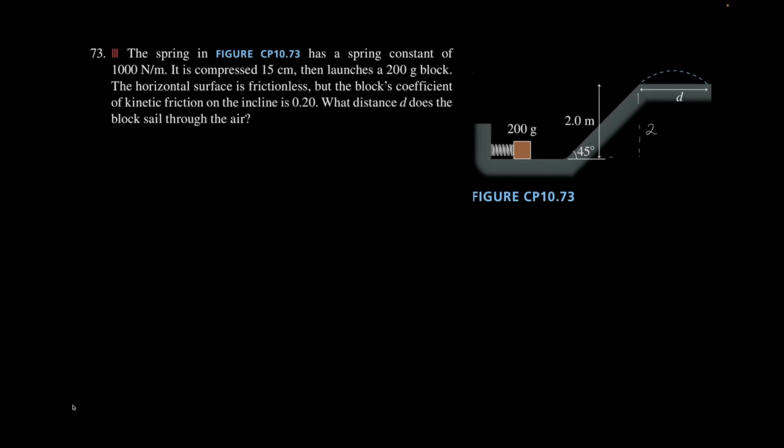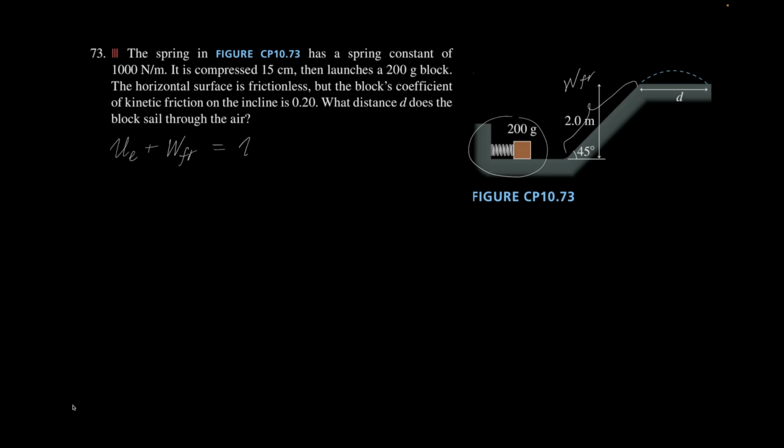Question number 73. A delectable problem where we have conservation of energy not taking place because of friction, but we're going to still employ our understanding of what happens with energy. So we start with elastic potential energy, and I know that because I see a compressed spring here. From reading this problem, I know up the incline there will be work of friction, and then in the end